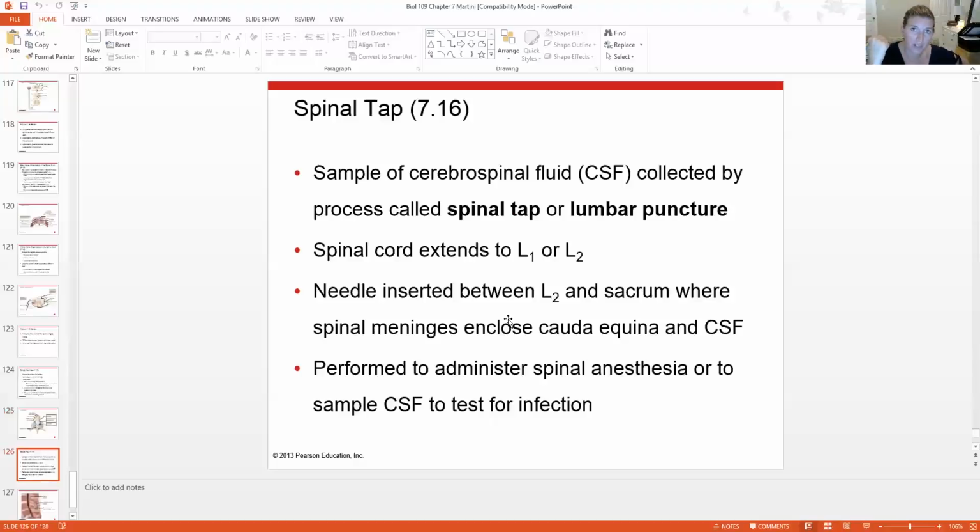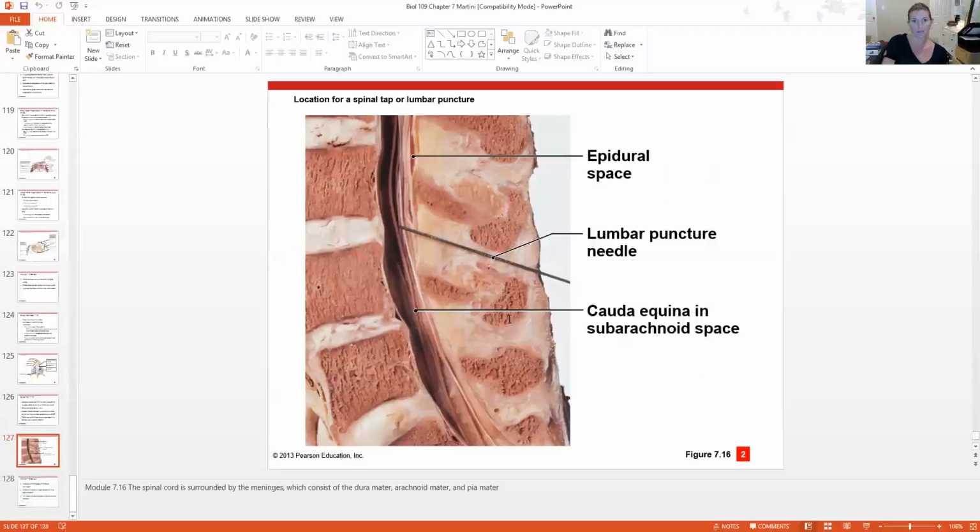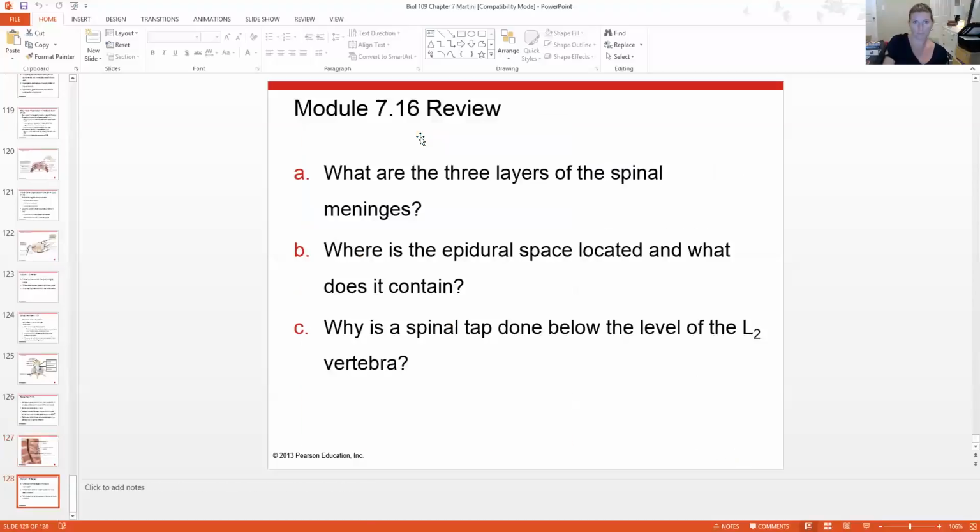And they're able to extract some cerebrospinal fluid, and they can test your cerebrospinal fluid for bacteria or whatever. They can also administer anesthesia in that area. So again, that epidural space, typically they put it just below L1. Here are the review questions for this section,